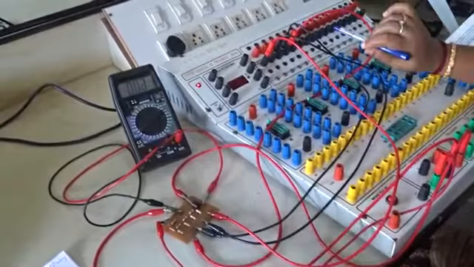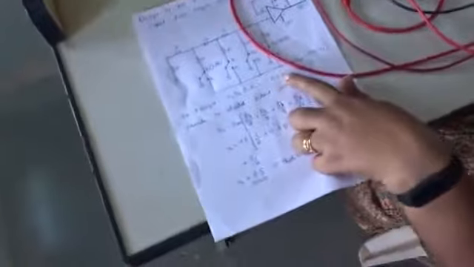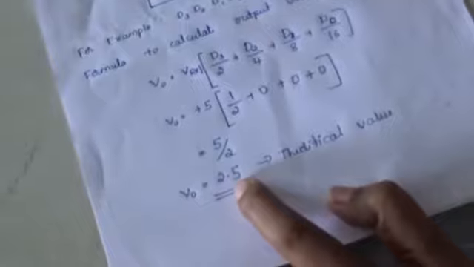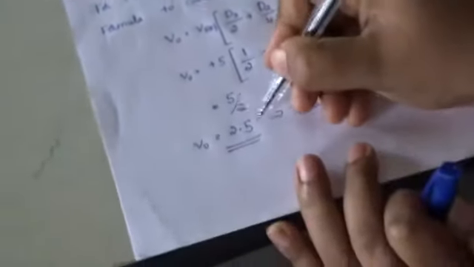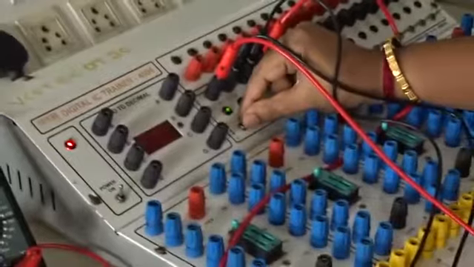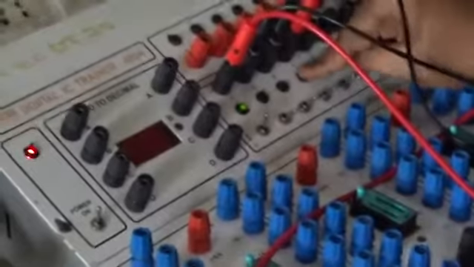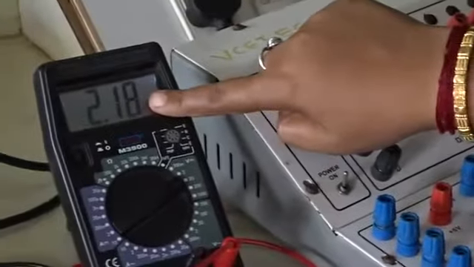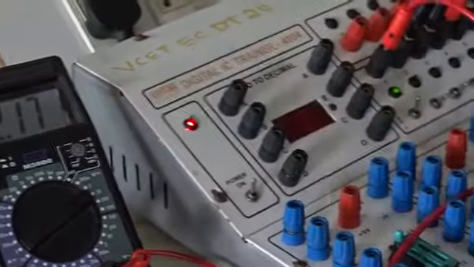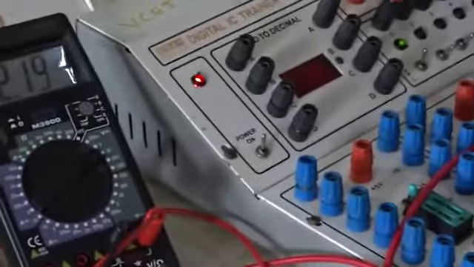Okay, so let us see. I had given an example of taking D3, D2, D1, D0 as 1, 0, 0, 0. For this, let us check what the output is. Theoretically, we are getting 2.5 volt as the output. So let us see the practical value. D3 bit is high, so I am making D3 high through this toggle switch. So it is 1, 0, 0, 0. For this, I am getting the practical value as 2.18 volt.